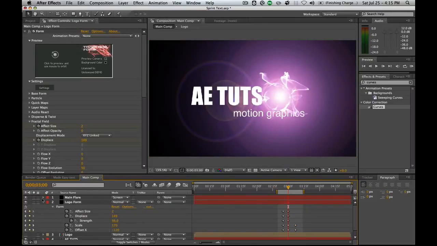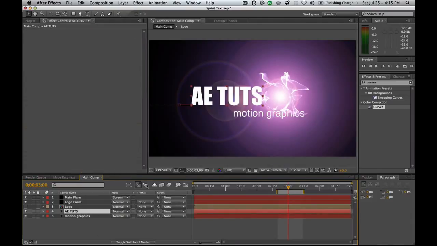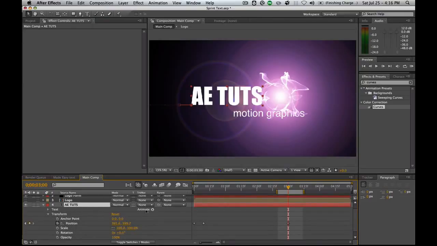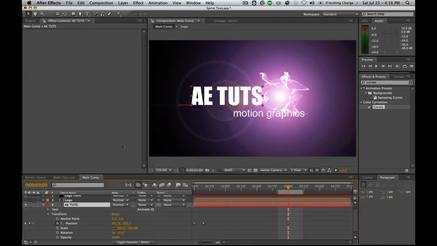Okay, let's move on now to animating the text. So the text, we're going to animate the opacity of the text. And there's a couple ways to do this. We could animate the text out using the text animation properties and set up that way. I prefer to just use a mask in this particular case. It's easier. So what we're going to do is select the AE Toots layer, grab our rectangle tool,